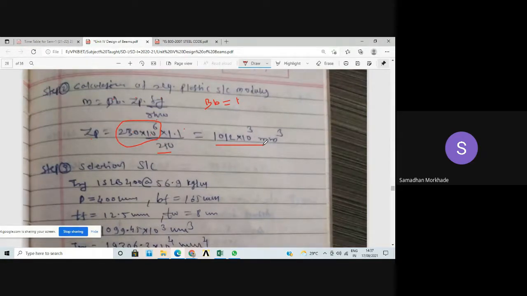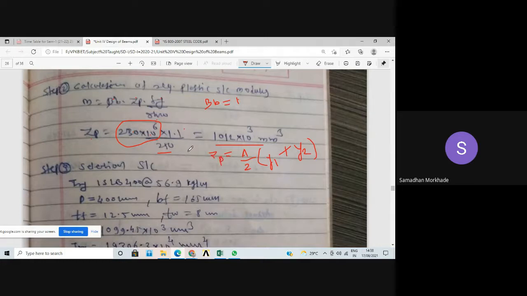The unit of section modulus is mm cube, because it is the ratio of moment of inertia to extreme fiber distance. That is for elastic section modulus; for plastic section modulus it is Zp. You can also calculate it using the plastic theory concept of equal area axis, that is A by 2 into bracket y1 plus y2. If you have studied plastic theory, just recall this. This is Zp.